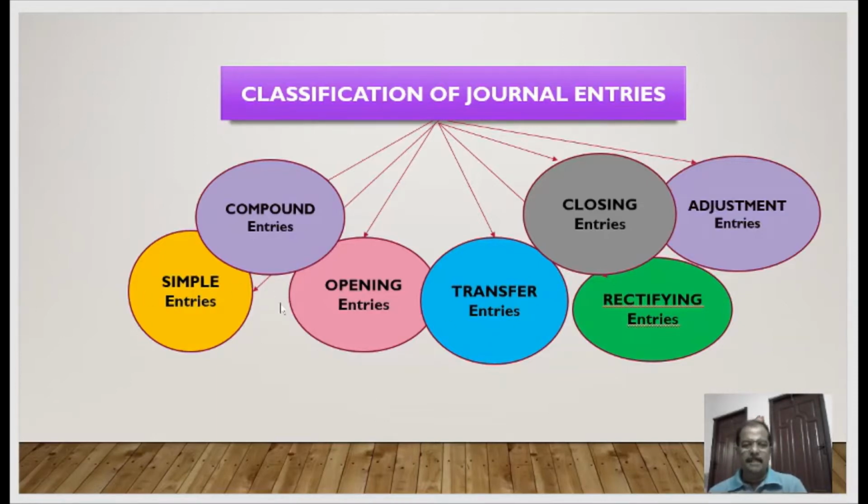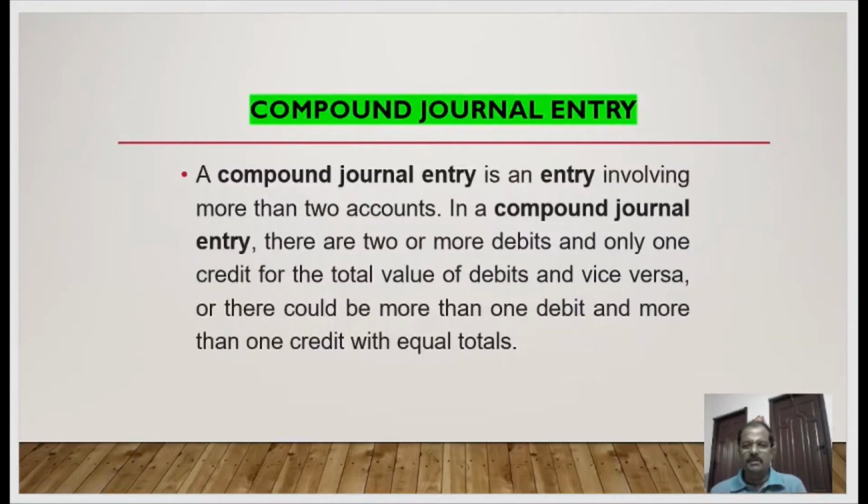To start with simple journal entries, we had already seen in the earlier videos, in the journal set of a transaction wherein you have got only one debit and one credit are called simple journal entries. The basic principles of accountancy says that for every debit there should be a corresponding and equivalent credit. In the same way, when there is only one debit, for that one equivalent credit, that is called a simple journal entry. Now let us get into compound journal entry.